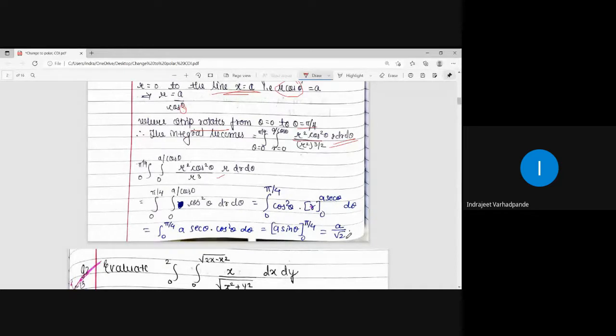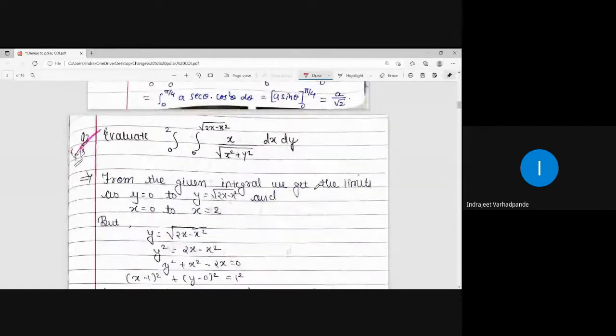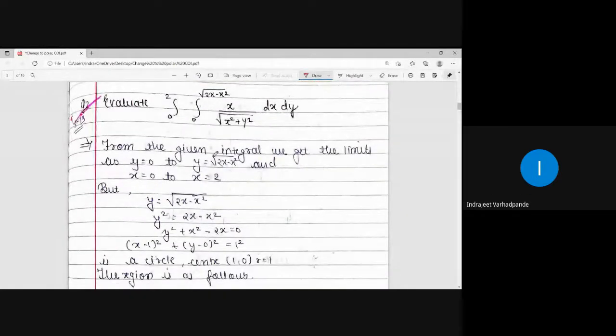As I told you, integration is much known to you, not to be discussed in detail. Only the transformation part is very, very important in this case. That is what I have tried to discuss in a proper way, right? So in the case of a definite integral, your answer should always be a finite quantity. From the interpretation of the region, we draw the radial strip and get the limits for r as well as theta. To get more familiar with it, we will solve the next example.